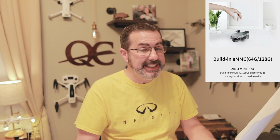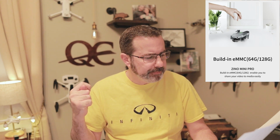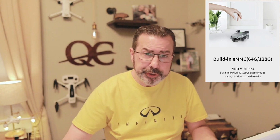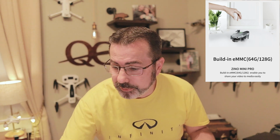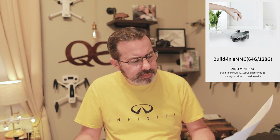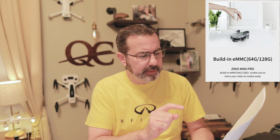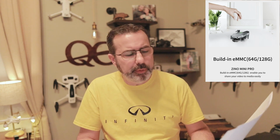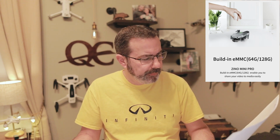Built-in eMMC. Now, I don't know what the E stands for, but MMC is multimedia card. It's a built-in multimedia card. Basically, you have a built-in SD card on your main board. It would be a little bigger than that, but 64 to 128 gig. I guess it's dependent on how you have it set up within the app as to how much maximum storage that will hold. So it says 64 gig to 128 gig, and